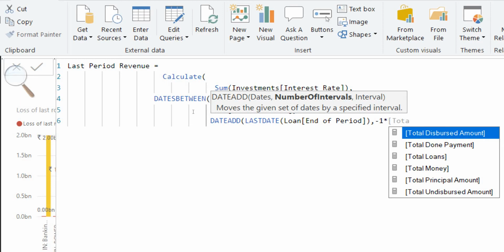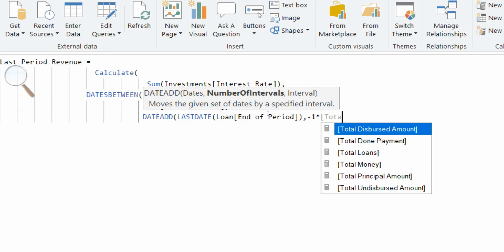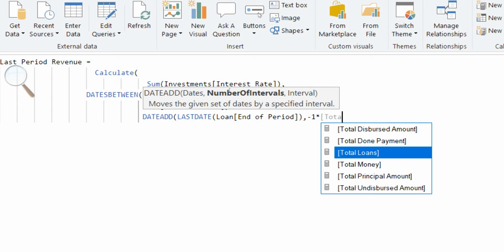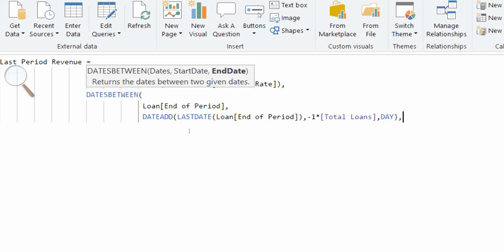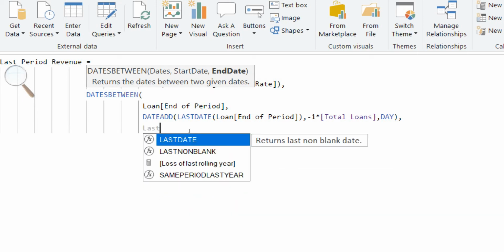So I will take the total number of loans or total loans with the day in my count, and I will enclose it with the last date, that is the money has